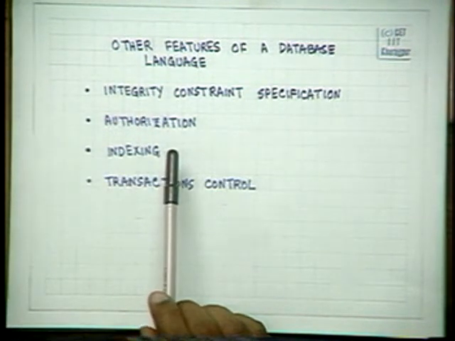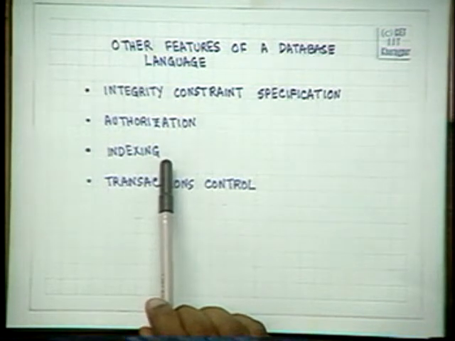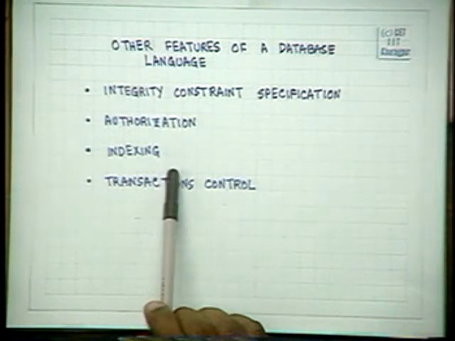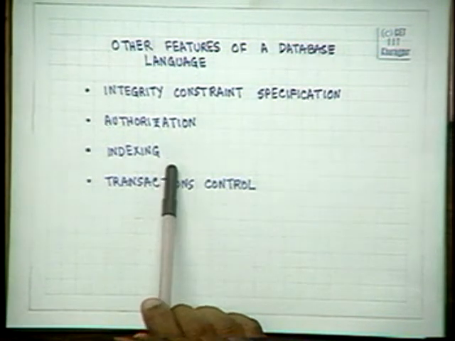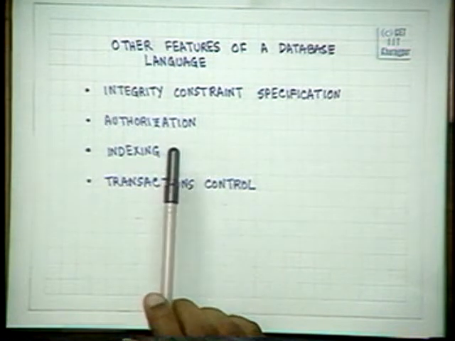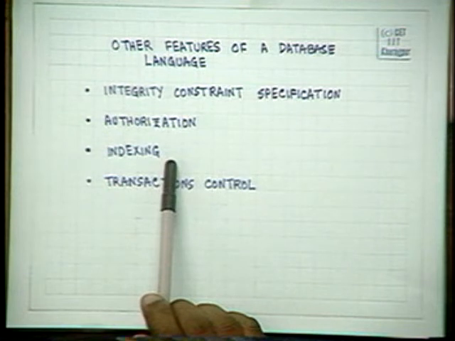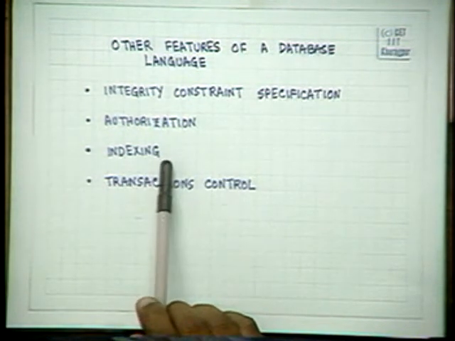That will also be specified so that you can compile it. You may want to store this table sorted in a particular way. How will you store it? You may do it statically, you may do it dynamically. So there are facilities for storing these tables in a particular data structure on the disk, which is called the indexing mechanism.